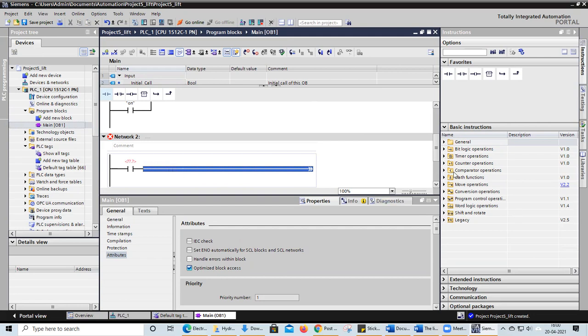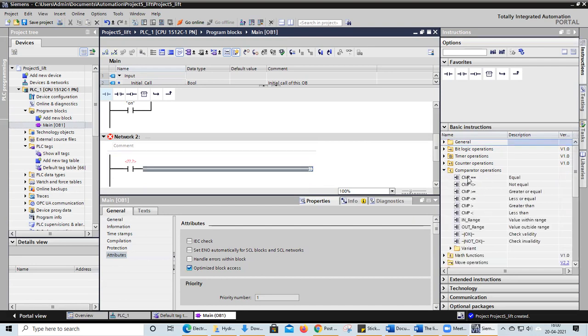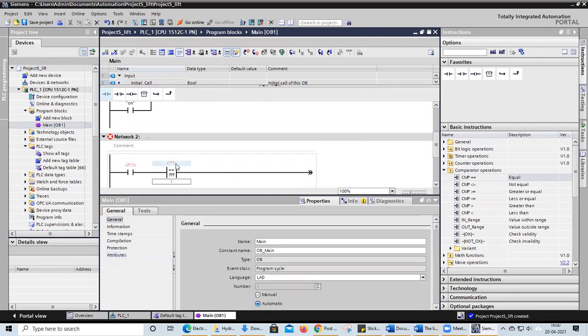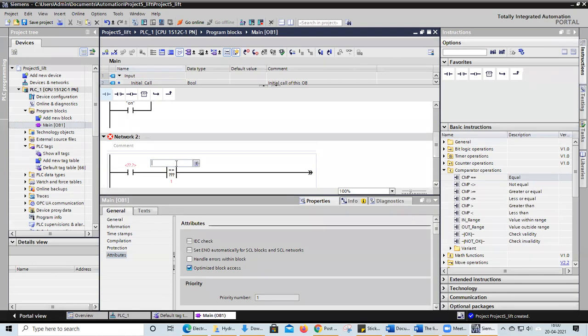In basic instructions, comparator operations are there. You click on this comparator operator. I'm going to use the comparator operator equal to. Here I'm going to write 1, and here I'm going to write MW0.